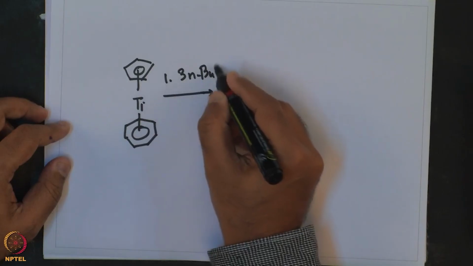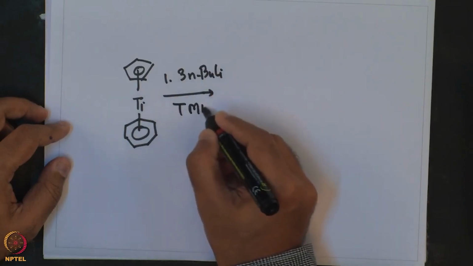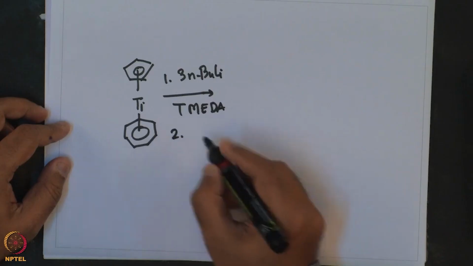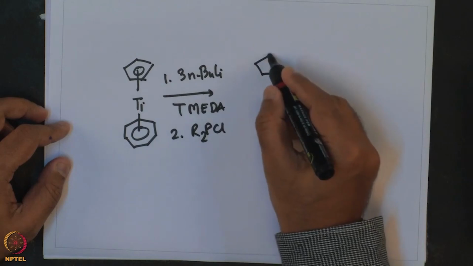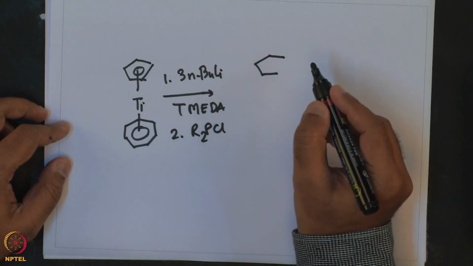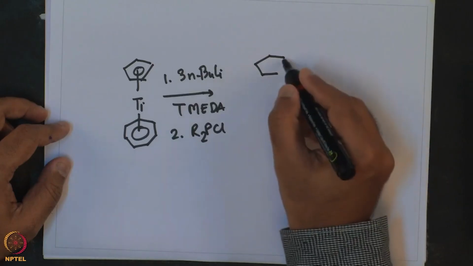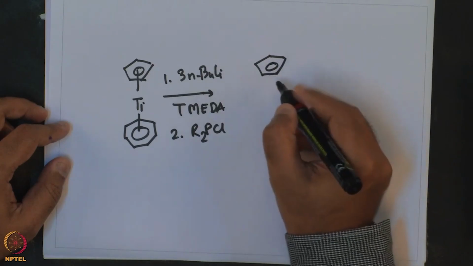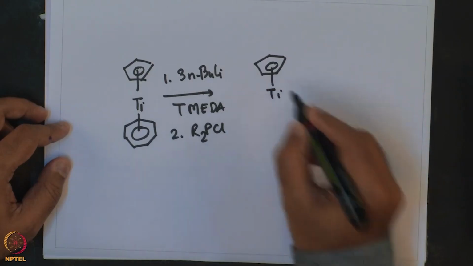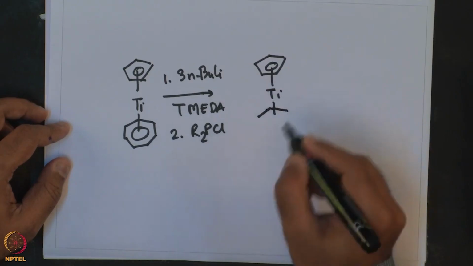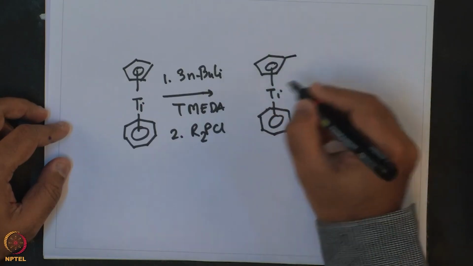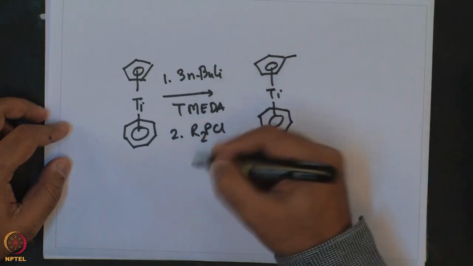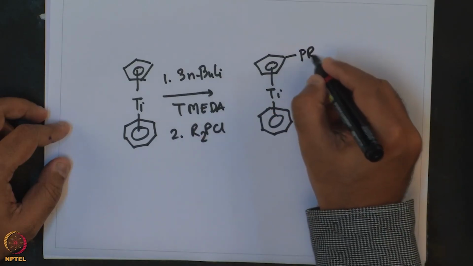The reagents are n-butyl lithium with TMEDA, and second is R2PCl, giving this dilithiated product, where the phosphonation which arises after lithiation happens in two different rings,